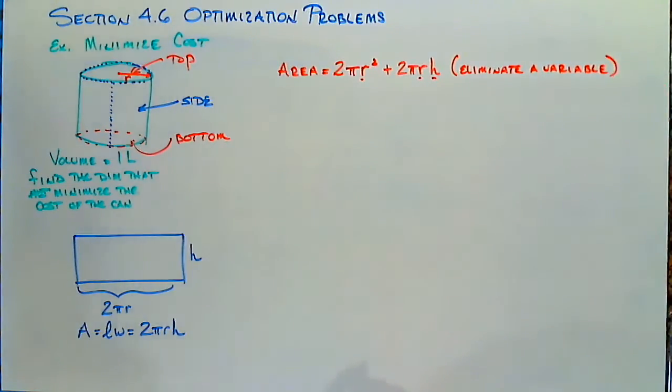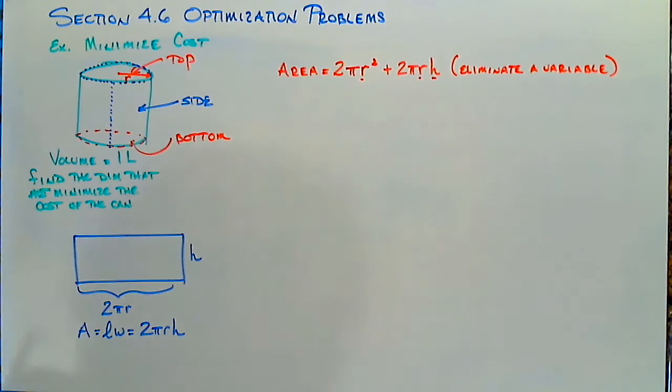And how are we going to do it? We're going to do that exactly like we did it in the previous example. We're going to take the given that they provided us, right? The volume is supposed to be equal to 1 liter. And we're going to look at the volume of this, and we're going to say, okay, the volume of this is supposed to be 1. Hopefully, if the volume is going to be 1, I can use that then to solve for one of those